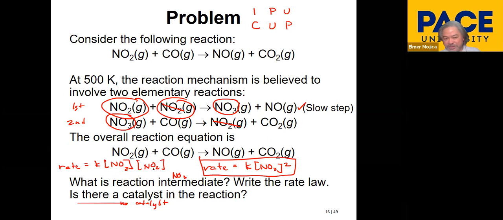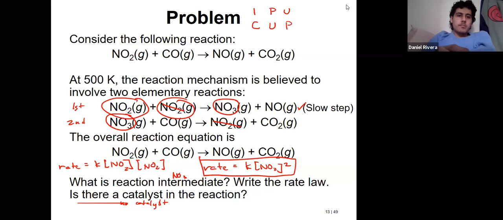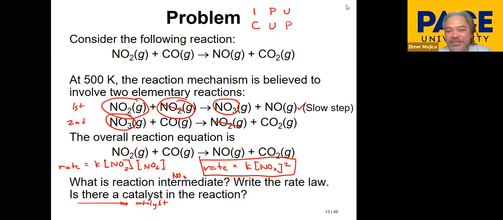But you know, NO2 is the same as NO2. So NO2 times NO2 is just NO2 squared. So we could say this is what? A second order reaction. Do you follow? Everyone? Yeah. Because you might ask, how do we know if it's a second order? So this is the example of a second order reaction. We still don't have an example of a catalyst, but the last slide that I have here,